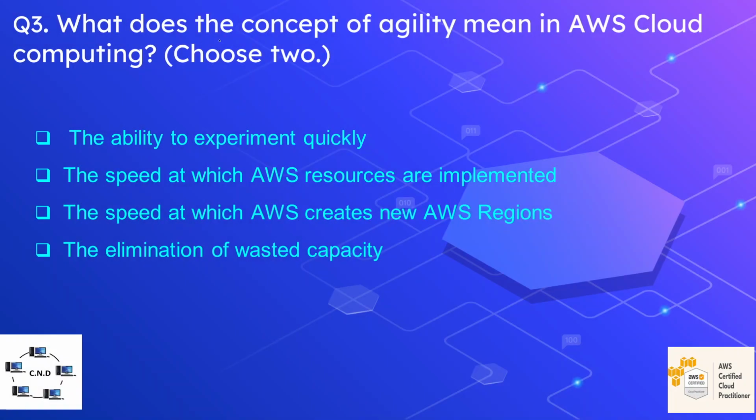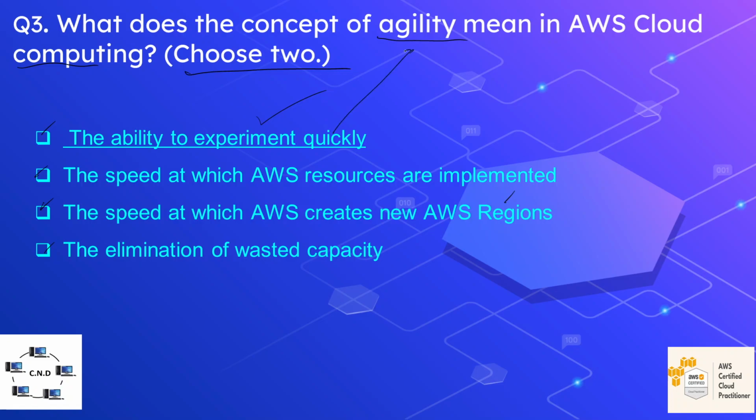Question number three is, what does the concept of agility mean in AWS cloud computing? We have to choose two options. Option A is the ability to experiment quickly. Option B is the speed at which AWS resources are implemented. Option C is the speed at which AWS creates new AWS regions. And the last option is the elimination of wasted capacity. And the correct options are the ability to experiment quickly,